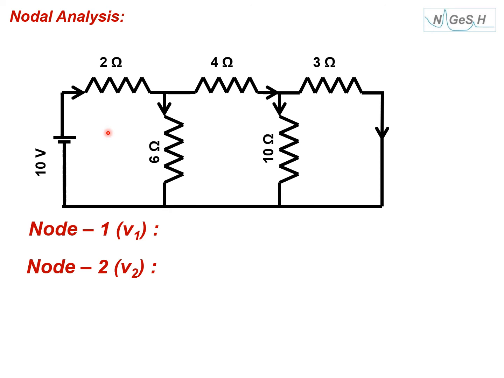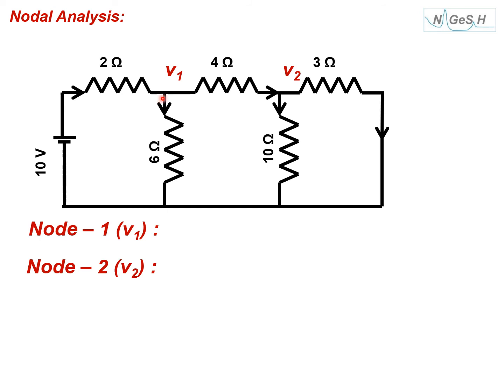So here, again, this is not a node, this is not a node, only 2 nodes here. Of course, here also there are nodes, but they are at ground, so we don't have to worry about that, it's 0. So there are 2 nodes whose voltages are not known to us, which we have to analyze. This is one node here, another node here. Let's say the voltages are V1 and V2.